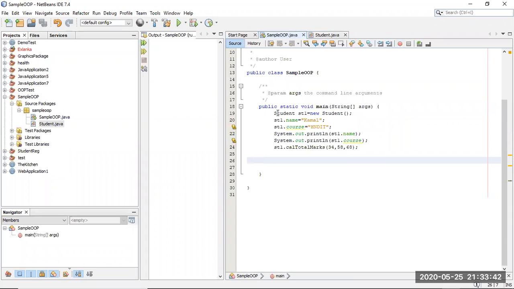So let's see. Now here, st1, I have assigned a name, I have assigned a course, and I am going to print the name and I am going to print the course as well. So I will do the same thing